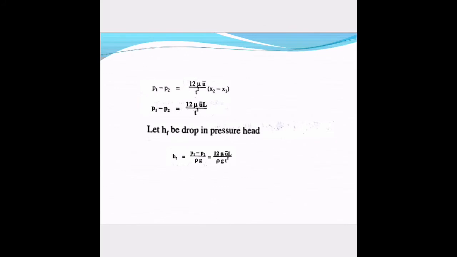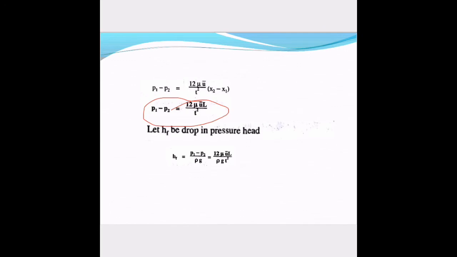Okay. Now, what will happen? The pressure drop is generally dependent on two terms. One is the acceleration due to gravity, and another term is the density of the fluid. The pressure, that is the resistance to flow, generally depends on the density of the fluid and the acceleration due to gravity, that is given by rho g.